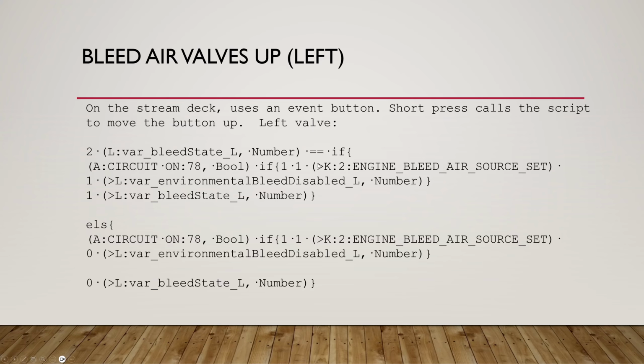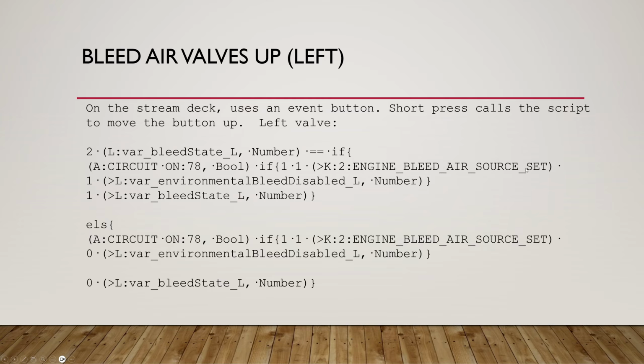So the usual thing that we're going to do here is using the Stream Deck. Short presses will move the button up, and just dealing with the left valve here. Check where it is at the moment. If it's at the bottom, if it's in position 2, we can then move it on up. It's only going to do the commands if there's electricity coming, basically if the circuit 78 is on. So assuming your engines are running, then we can bleed the air,